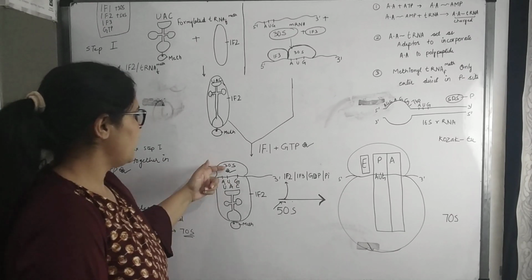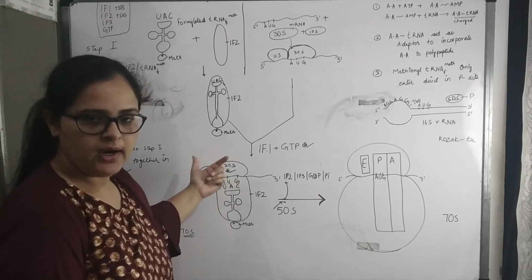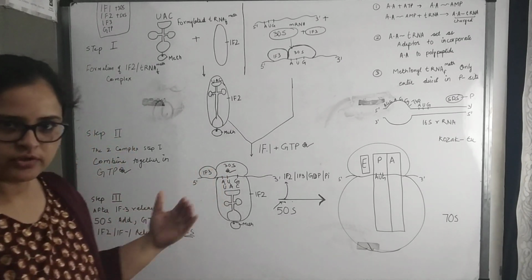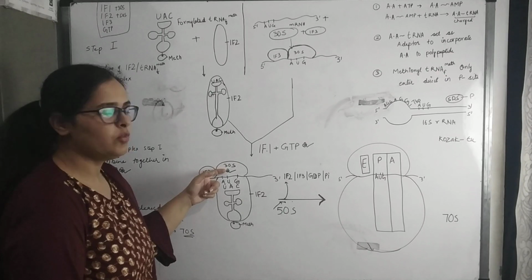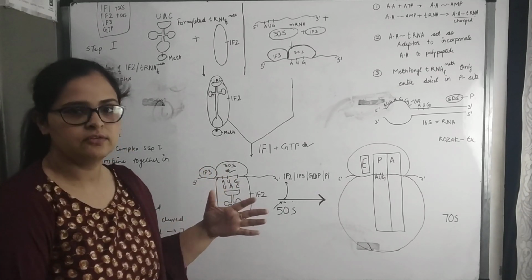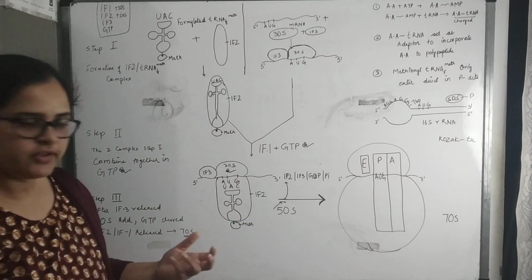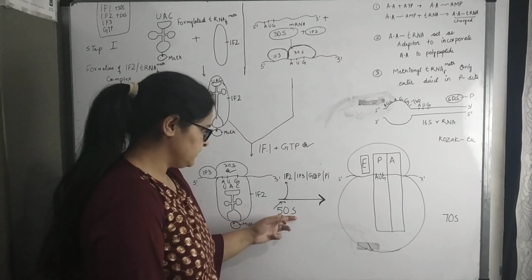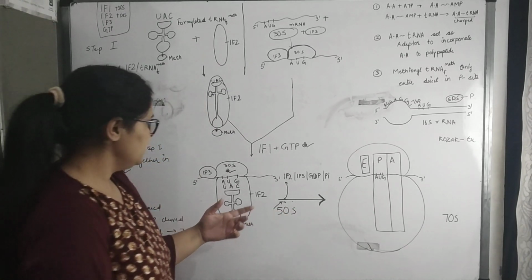here we have only the 30S subunit of the ribosomal unit. In the case of prokaryotes, we have two subunits. One is 30S, another is 50S. So 30S is the small subunit. So here we have 30S, but 50S is pending. So how will the 50S come? The 50S will come in the situation when